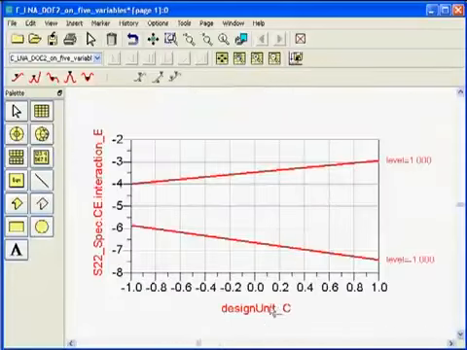Notice the way it is plotted here. The x-axis represents the resistor, which is C. You remember the C is for the output matching network resistor R1. And this is the -1 all the way to +1 change. And this here is the interaction plot relative to E, the width of the line. So what happened is there are two lines here. They represent the width of the line E. And this is the -1 line,